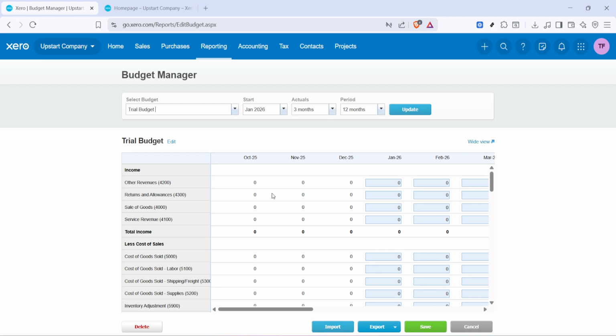Now set the framework so your budget lines will fall into the correct calendar. Choose the start date to match your financial year or the first month you want to plan. Next, decide how to handle actuals. Actuals let Xero automatically fill the early months with real numbers you've already posted, which is great for year-to-date comparisons. You can include actuals from the start of the year or begin your plan entirely from scratch if you prefer